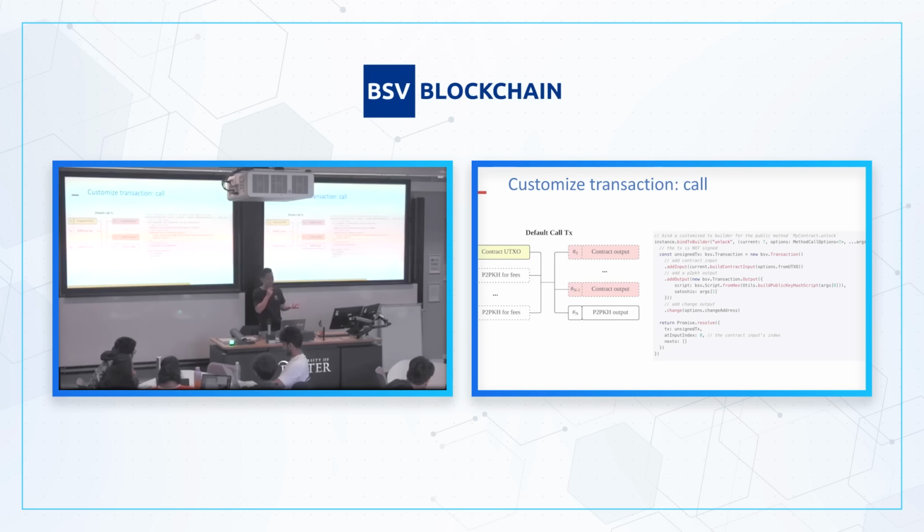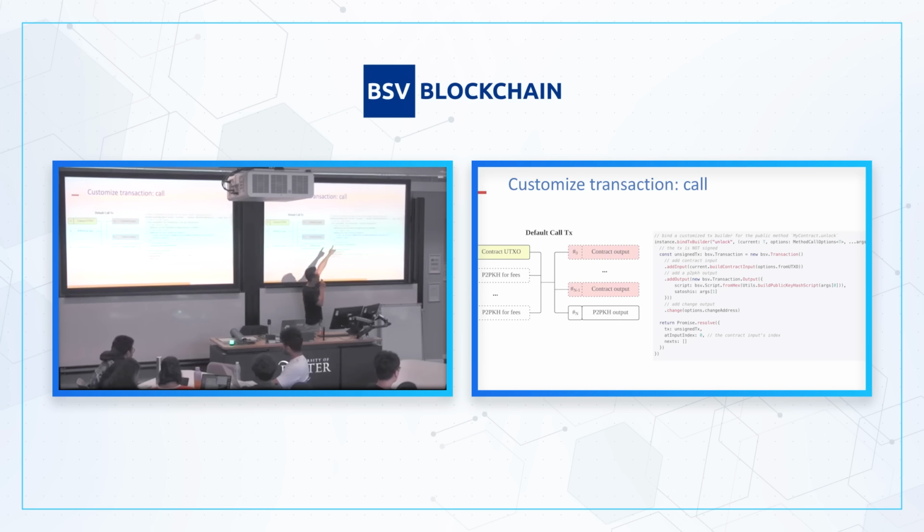So that's how, when you call it, that's the default transaction format, okay? But again, you probably guessed, right? What if I want, when I call it, to have a different transaction format? Then you can customize it. So here, the syntax is a little bit different because, instead of having one public method, right? Because we may have multiple, right? So you cannot just override one. So the syntax, you can say bind